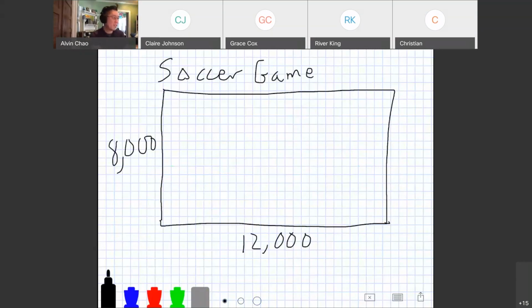The field is 12,000 by 8,000, and from 0, 0, this corner over here is 0, 0, to 12,000, 8,000. That's my XY coordinates: lower left corner 0, 0, top right corner 12,000, 8,000. So we're going to want to write an inbounds piece to determine if any point